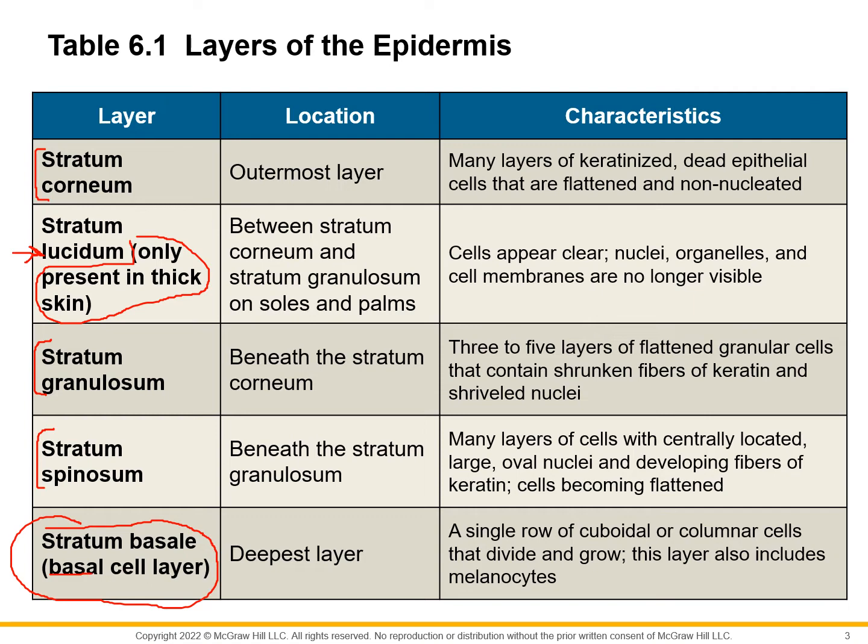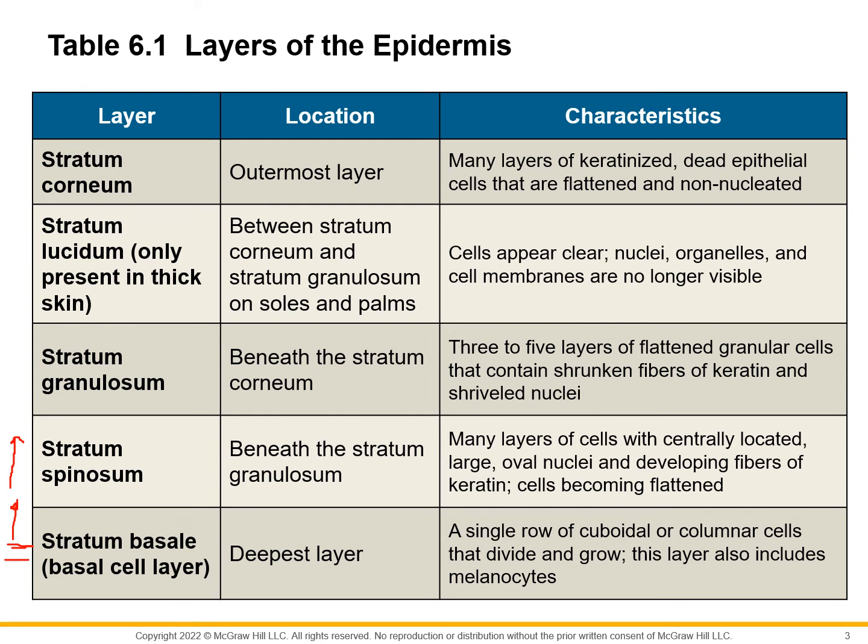Now what happens is this stratum basal, and I'm going to try and erase these little things here. I didn't do a good job of it. All right. So the stratum basal pushes up, with this one layer of cells going through mitosis, and as they push up, the stratum spinosum is all alive. They look like oval kind of cells, normal cells, and as they continue to get pushed up,